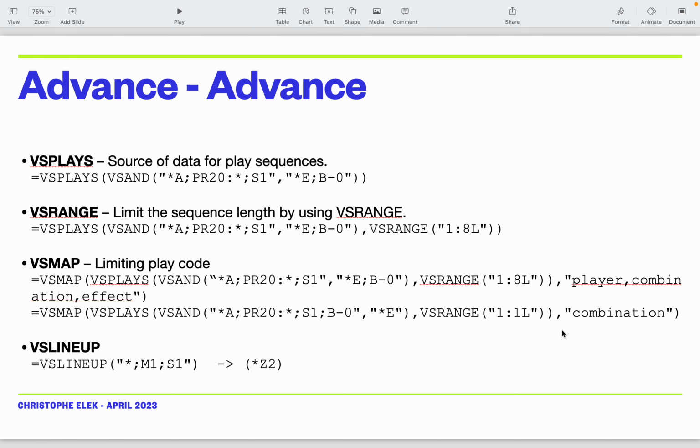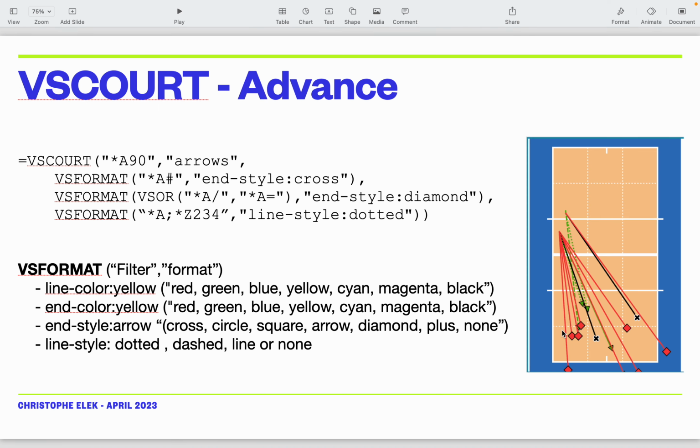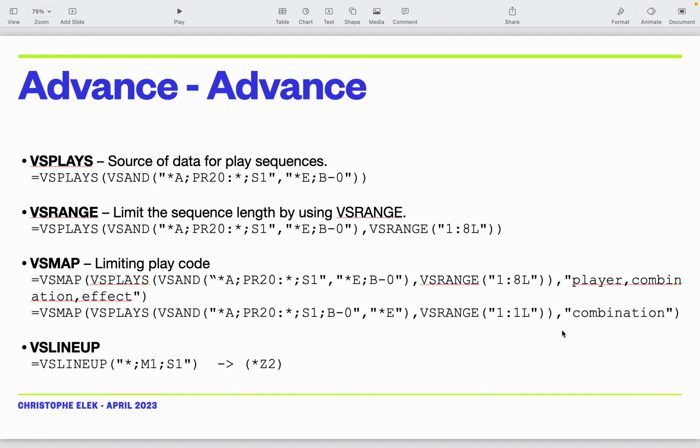We look at the part where we looked at VS Code, and we're going to look at the advanced part, which is not really linked to VS Code, but it's an extremely powerful way of searching for plays and ranges of plays and seeing information about evolution. So one of the things that we used to do in Data Volley, and you probably want to do, is